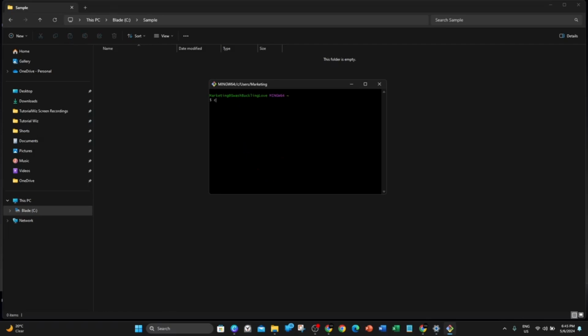Now I'm going to write in cd, Control V that folder, and now I'm going to press enter. On C drive we have created sample folder here, and now what you want to do here is type in